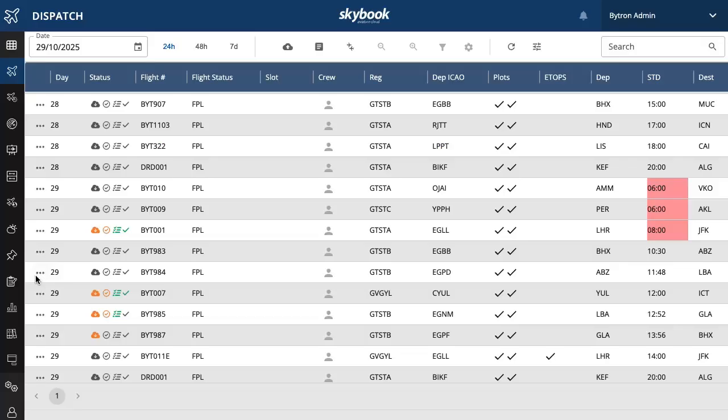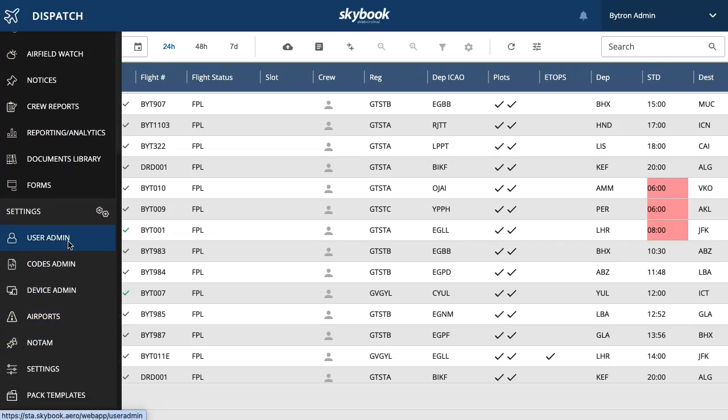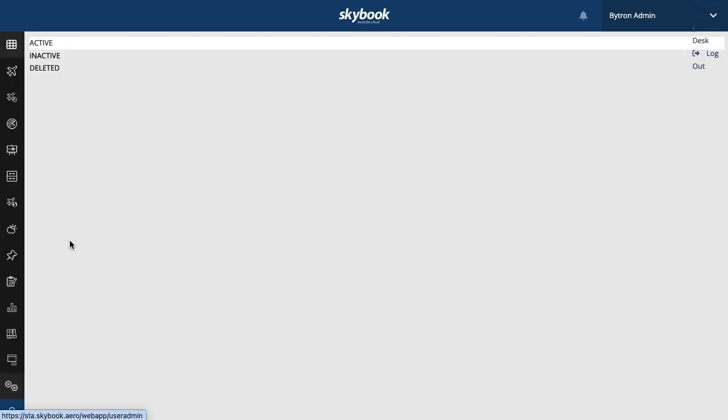One of the biggest benefits to Skybook is the level of admin control it provides. Allowing operators to make changes independently without needing backup support is a real advantage, and it allows you to move much faster when adapting the platform to your needs. There is a comprehensive settings section on the ground portal. This gives operators full control over things like user admins,